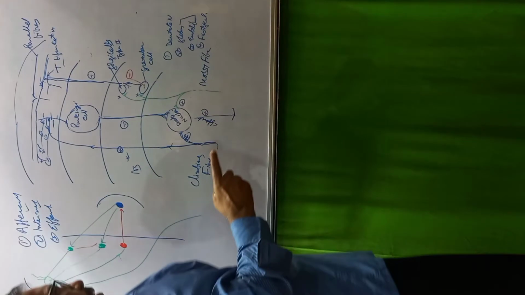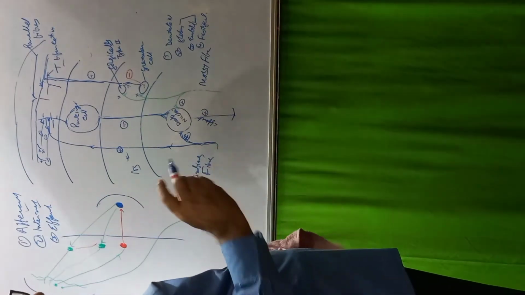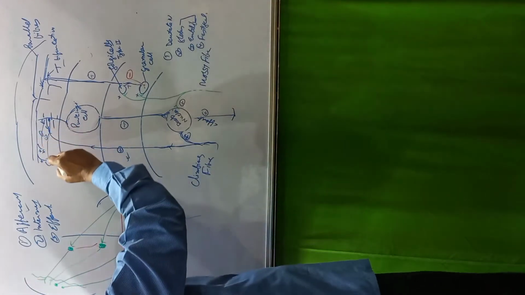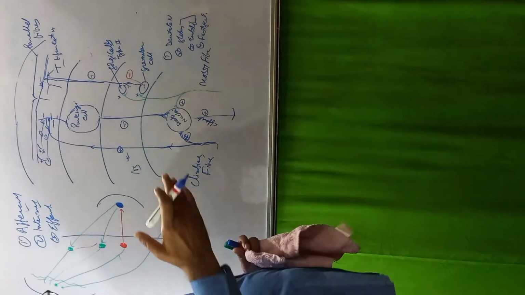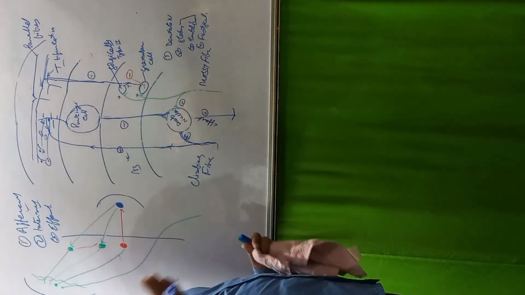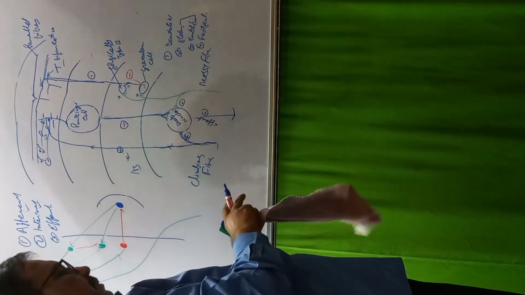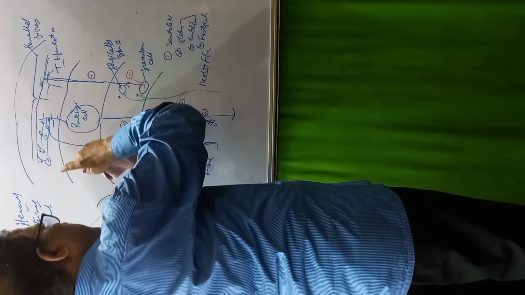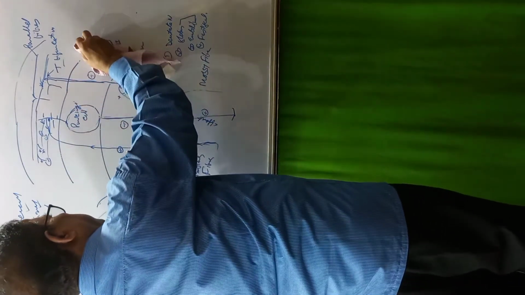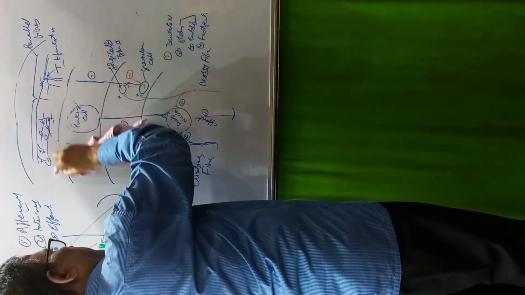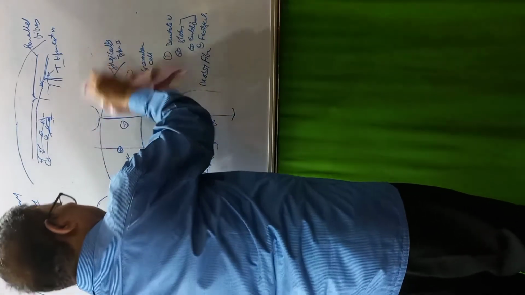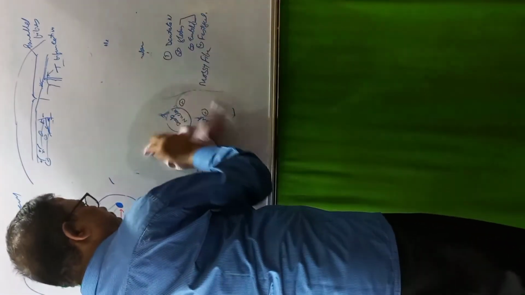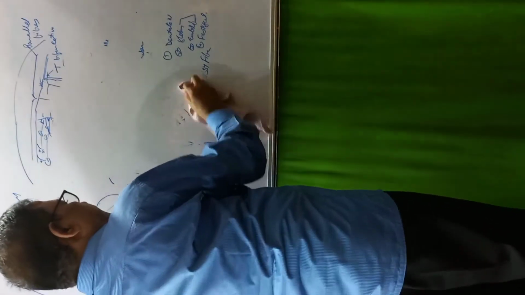Parallel fibers are axons of the granular cell, and the axons of the basket cell are tangential to these parallel fibers. Axons of the basket cell are at right angle to the parallel fibers, therefore they are known as tangential fibers. This is the connection of the cerebellum. So we learned about the negative feedback